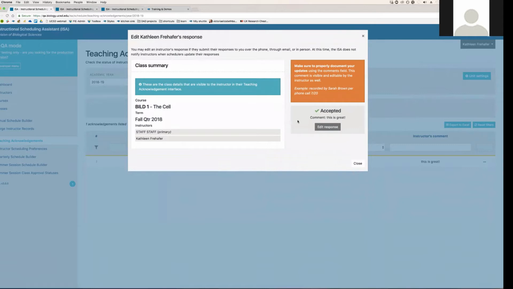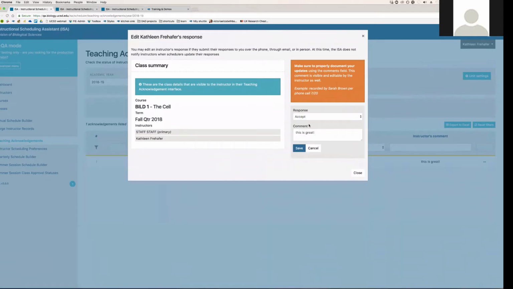You as the scheduler can go in and you can edit their response. Say, oops, nope, they rejected it. We strongly encourage you to put in a note here because this is not recording that you are proxying. This is the way that the database works. It's allowing you to edit as the instructor. And so just as a business practice, it would make sense. And we strongly encourage that you put in some notes